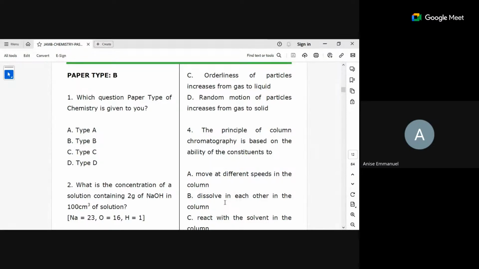Number 4 is practice time management. I normally tell my students, most especially in tutorial classes like this, that when you go for any examination, most especially science, let me focus on chemistry now. We have the calculation aspect, and you have to do some theoretical aspect too. Don't waste your time on the calculation aspect. First go to the theoretical aspect, ensure you read and understand it. Are you getting it? If you just waste time on calculation and are unable to finish, it will affect you a lot.